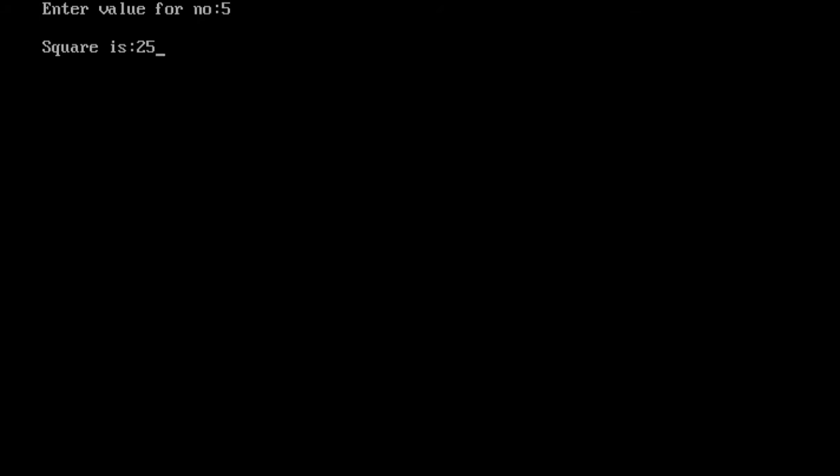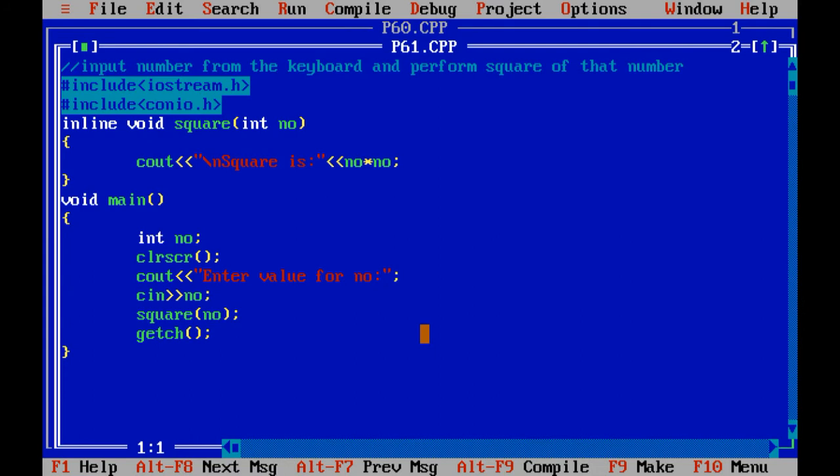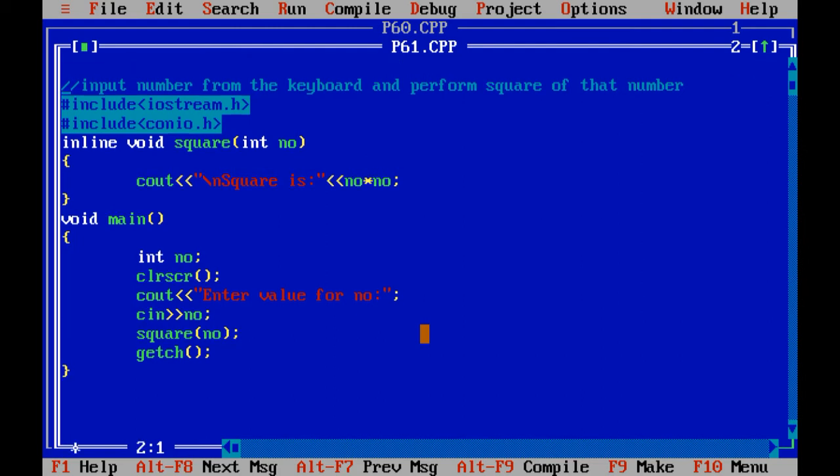You will not get much result over here because see, whatever the lines we have written, it is less, right? But in real time, when you are working as a developer or there is a program development in the field, at that time you will get much benefit regarding the inline. So these are both the programs which are related with the inline function.